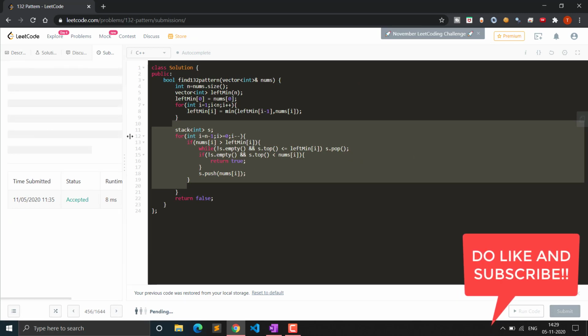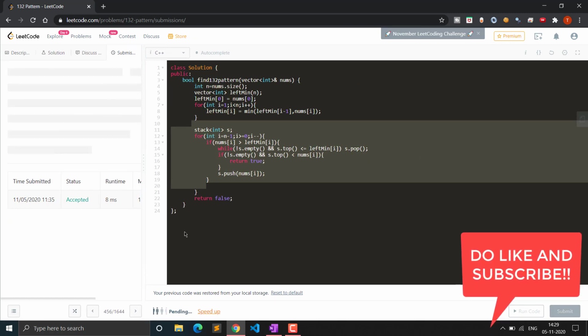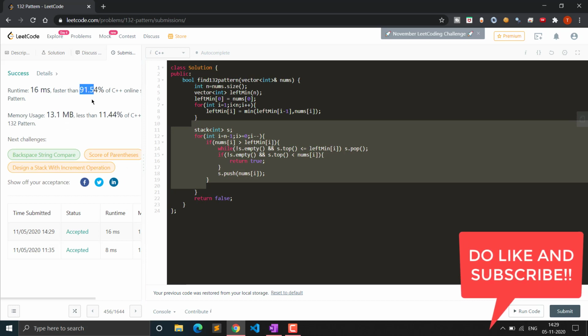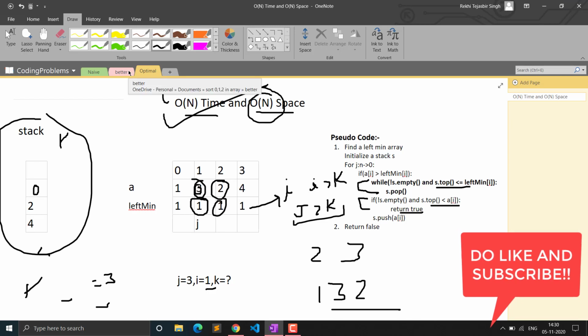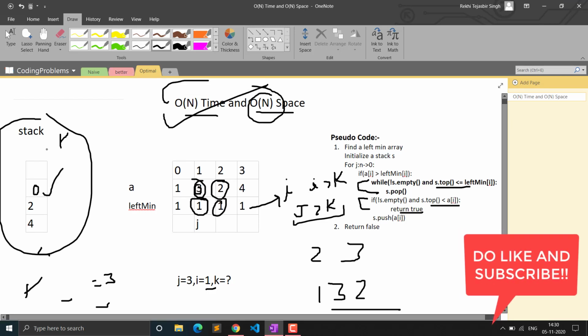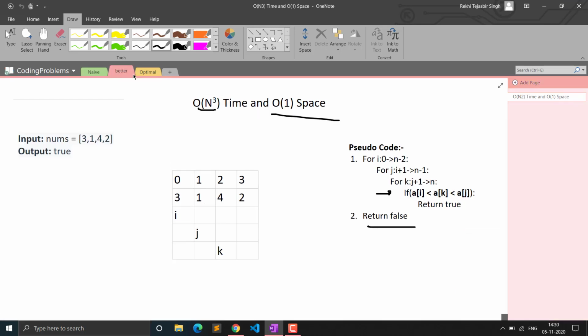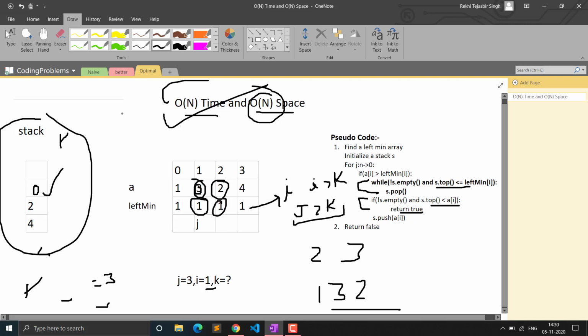I hope you got this solution. Actually this was pretty difficult to explain, so I hope you got it. You can see it ran faster than 91.54% of solutions, but you can see the space complexity was compromised. More solutions for this problem are possible. You can see binary search can also be used. We can use an array instead of this stack, but I have explained the most popular or the 3 solutions that you can easily think of.